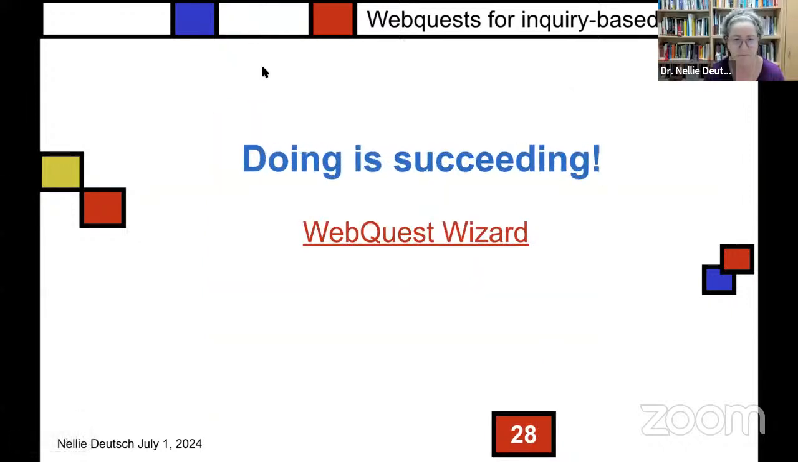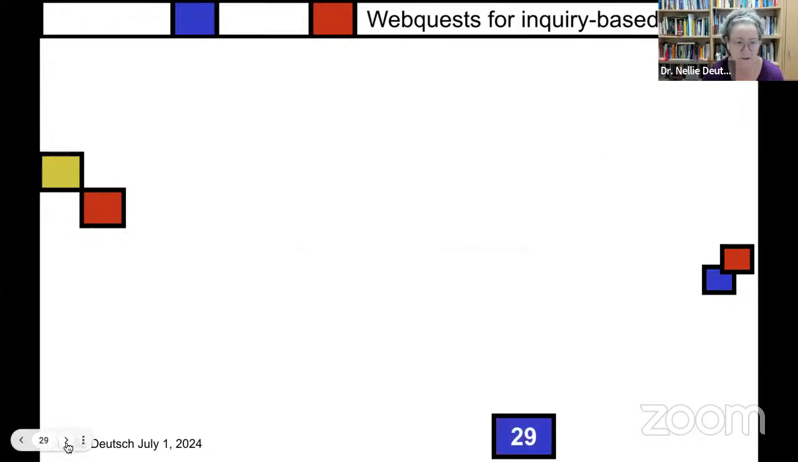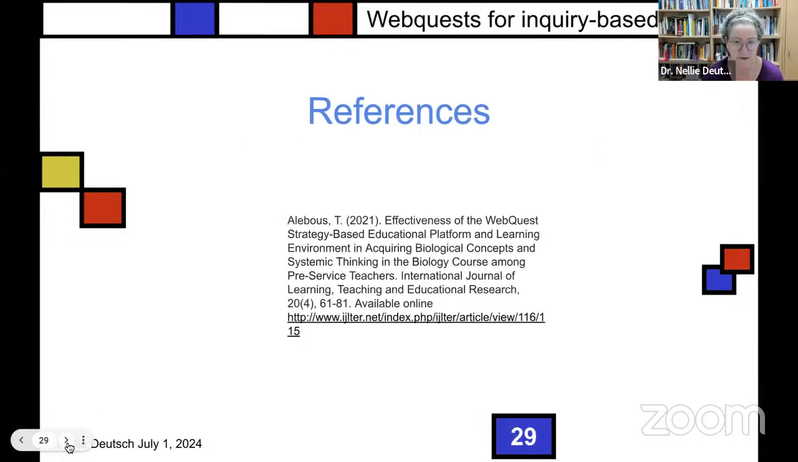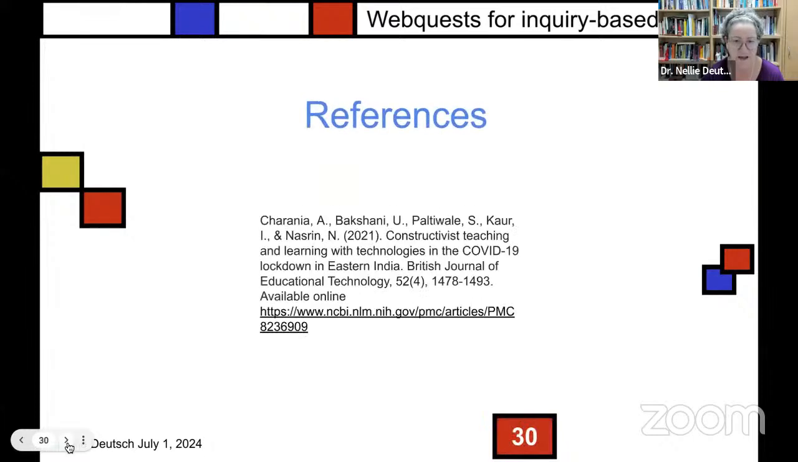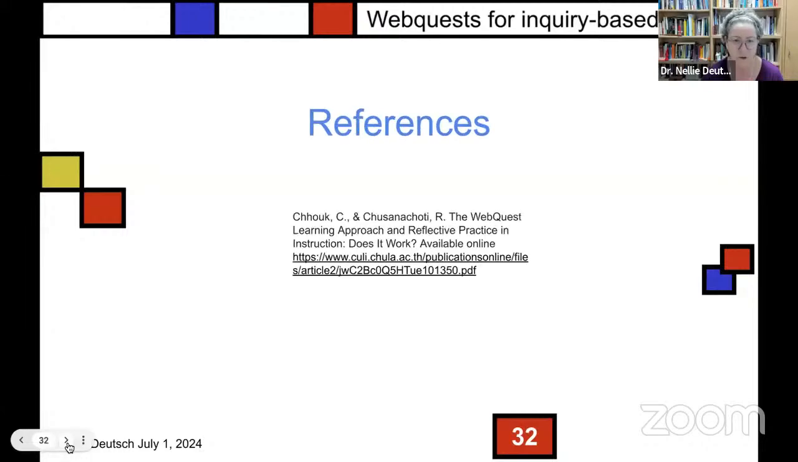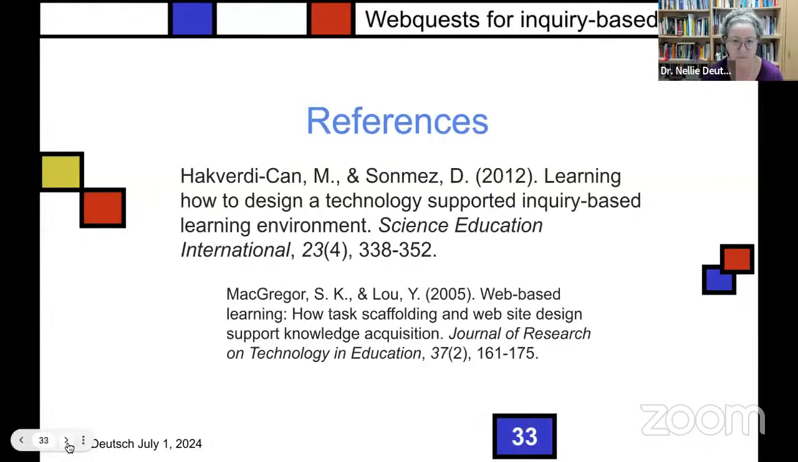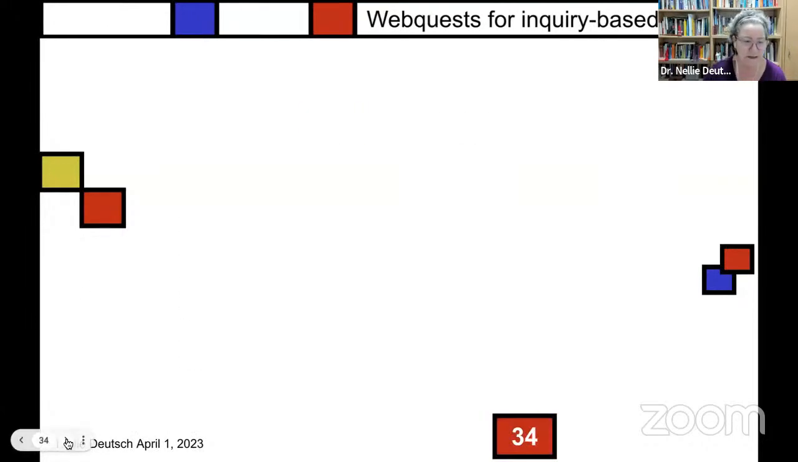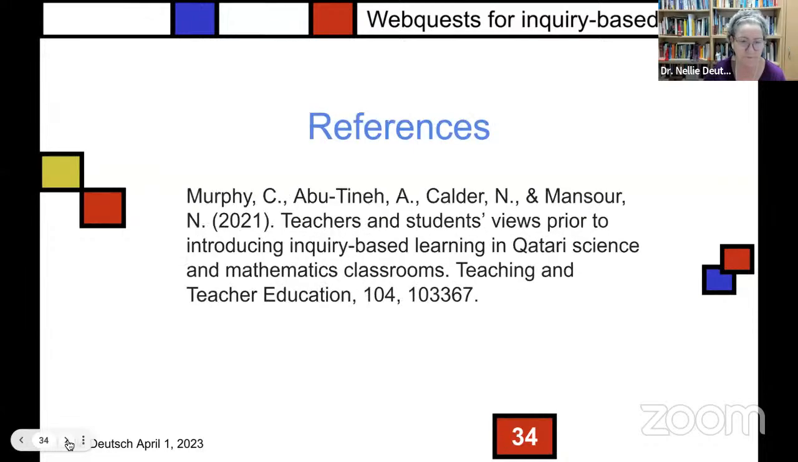This is the WebQuest Wizard that you'll be using. That's a link there that you'll be using, and these other references that I've added for you that you can go through because this is available. What I'm going to do now is let you